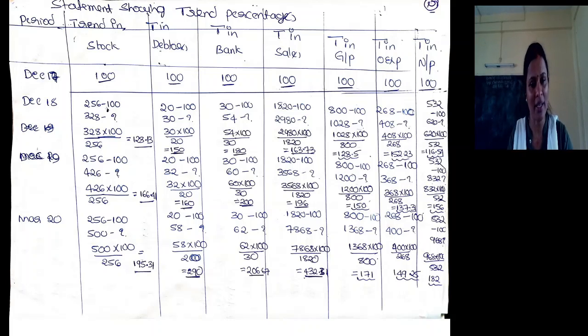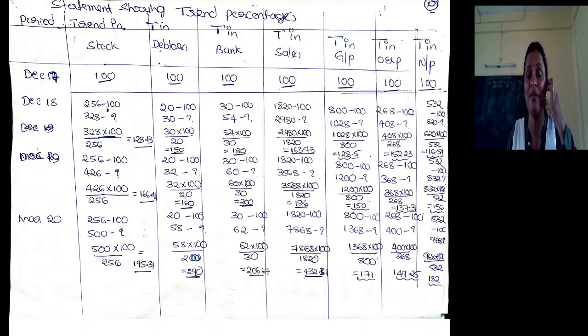Definitely the liquidity position of the organization is good, but the organization should take certain steps to reduce investment in stock and investment in debtors, so that there is early conversion of debtors into cash. Our organization needs to see that stock reaches the workplace only when it is needed. It should not sit in the godown for a long period of time. So the liquidity position is definitely showing a very good improvement over a period of 4 years, because all current assets indicate the liquidity of the organization. Yet the organization needs to concentrate on investing less in stock and debtors over a period of time.